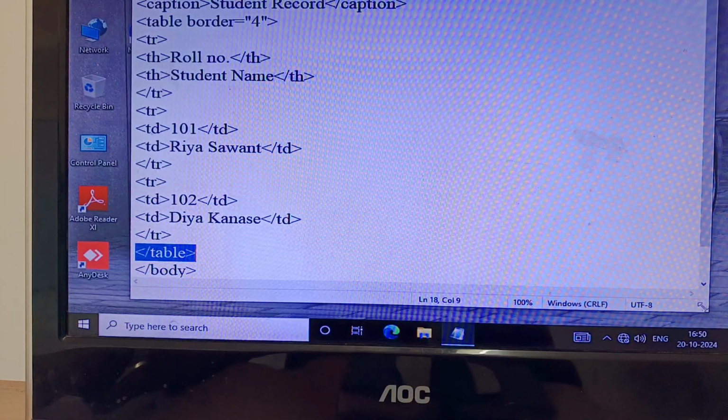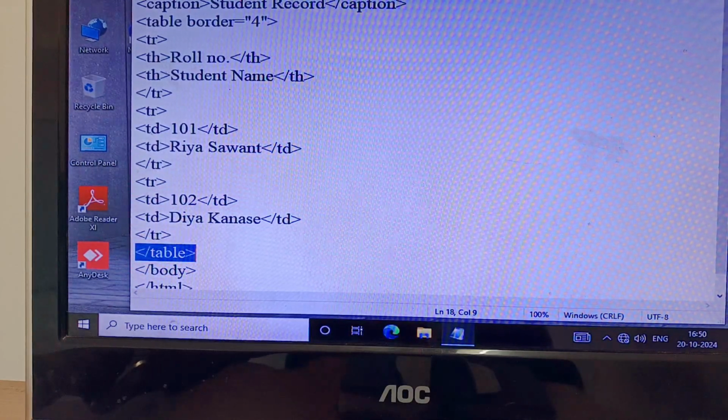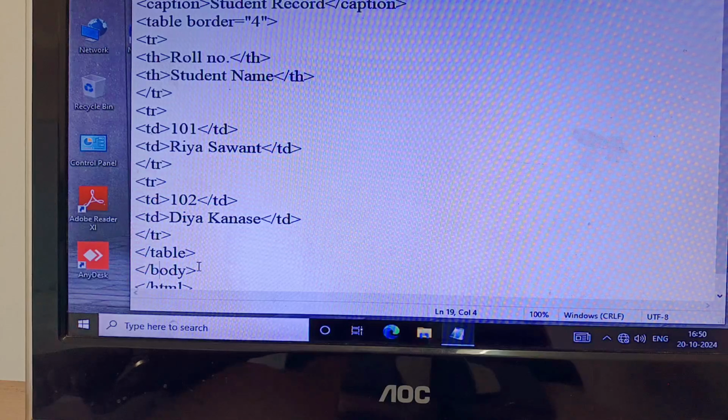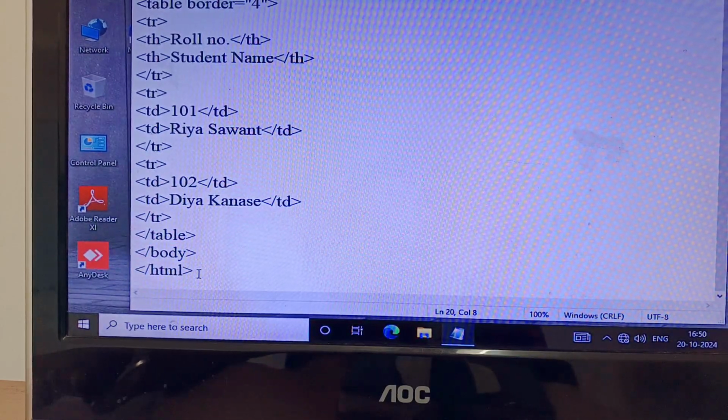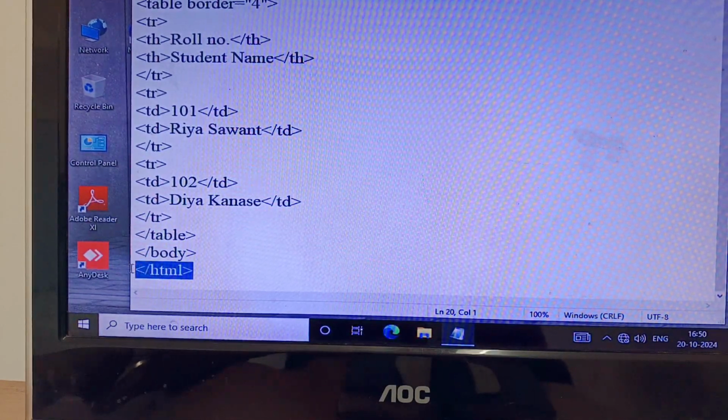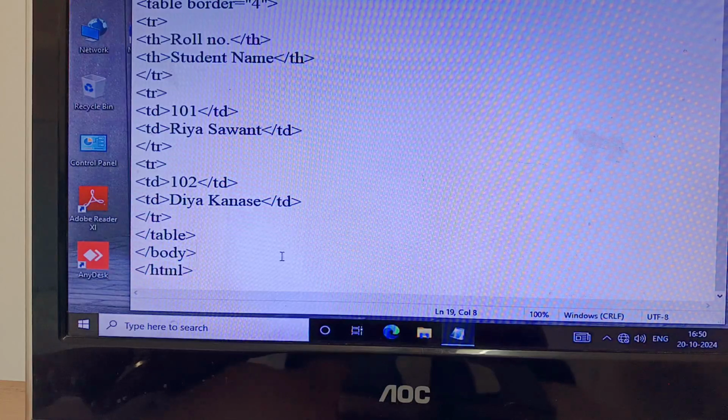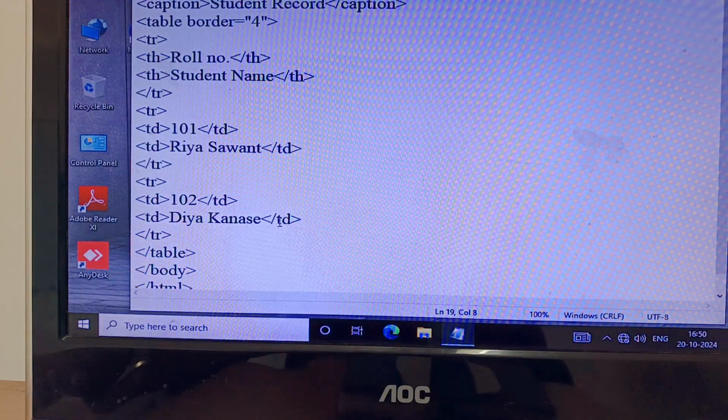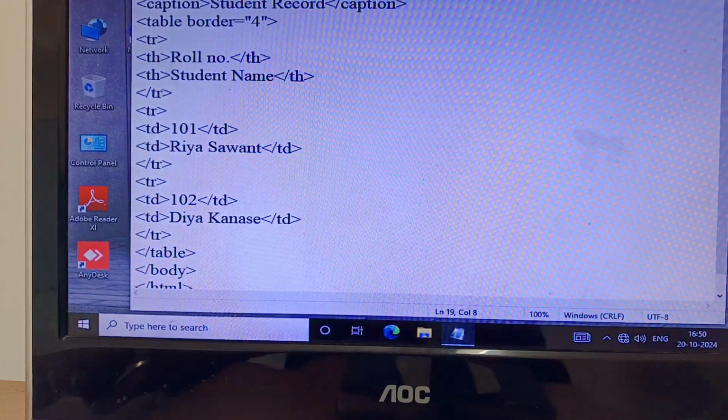When the table tag ends, I have again mentioned the body tag and after that we have to end the HTML tag. So, end of table tag, body tag and HTML tag. See here, we should mention the caption tag above the table tag, here only first.